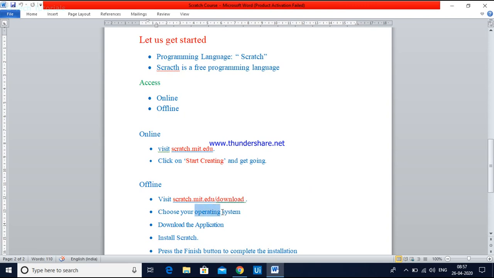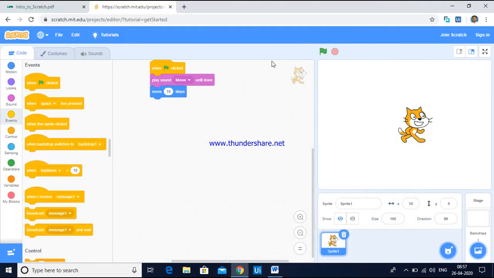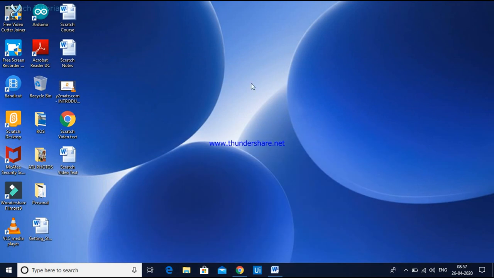Suppose you are using Windows operating system, so you have to download the Scratch application which suits Windows operating system. So after downloading the application, you have to install the application. After installing application, you are able to do practice. So I already installed software in my computer.